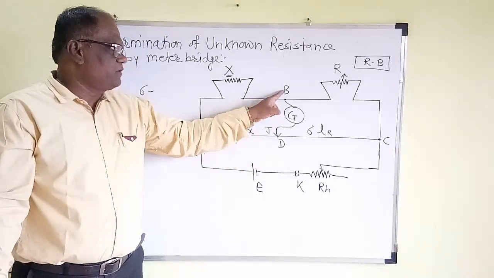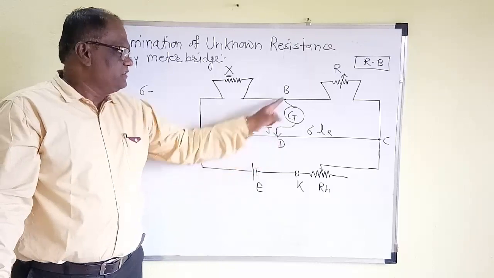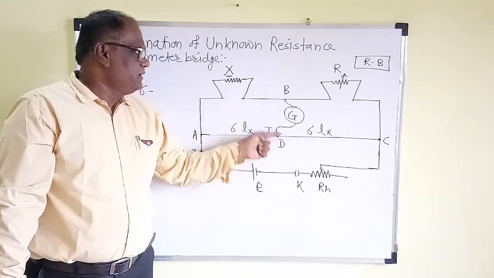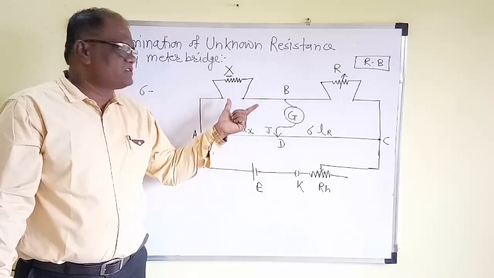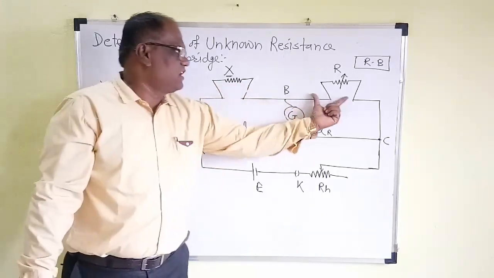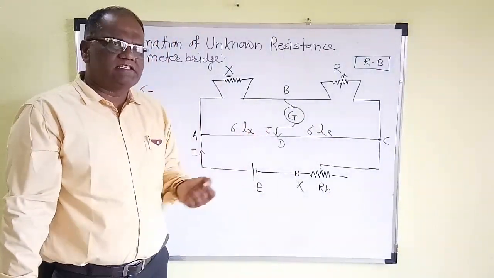That means potential of the point B and potential of the point D is same. This is the condition of null point. When null point is obtained, the bridge is said to be balanced. Here the resistance bridge has first resistance, second, third and fourth. And from the balancing condition,